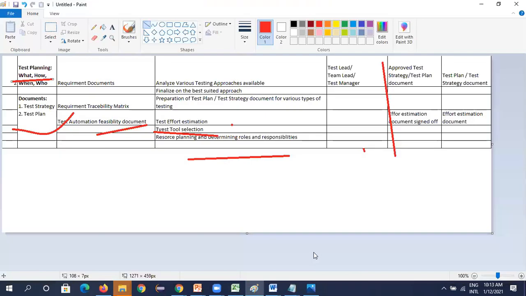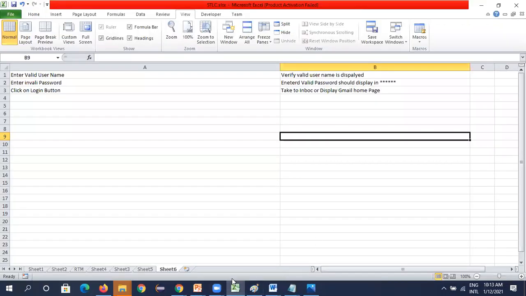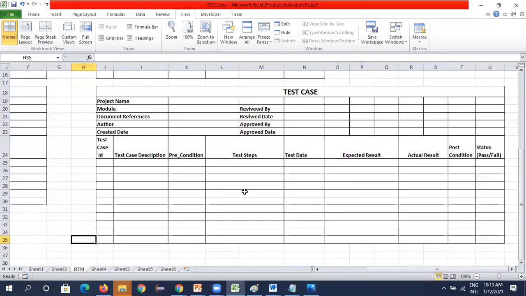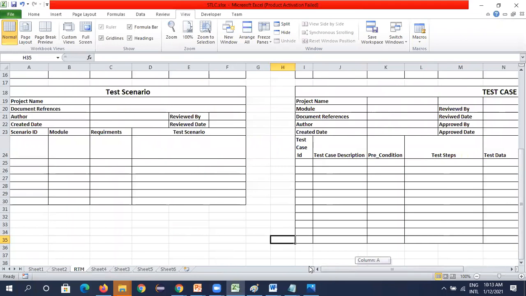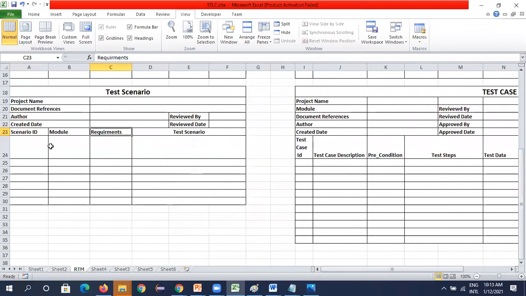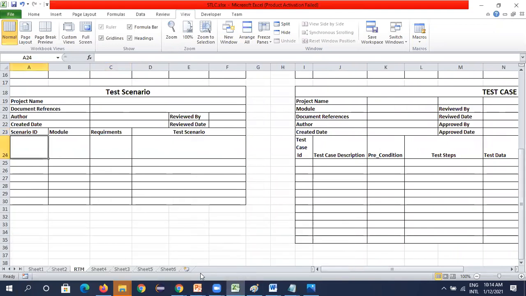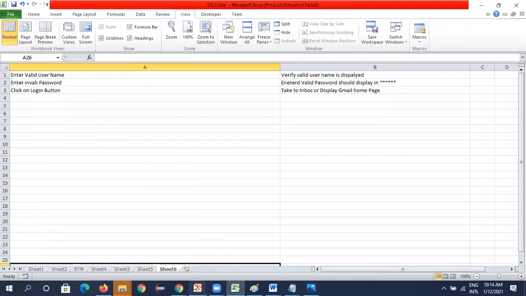Okay. And I have another question on that other spreadsheet where you entered that data. Can you go back? Where you entered those test scenarios. This is the test scenario.